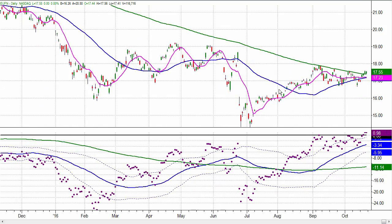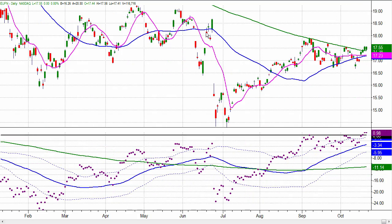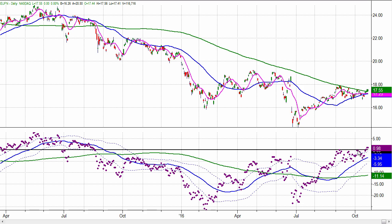So, as I suggested in the beginning of this video, if Europe's financials can turn the corner, that could be an indication. And I've said this before in the trades and tutorials using the general stock index, but now looking at the financials, it's even more compelling. If we can break and continue, keep an eye on this ETF. If you've got the real motion indicators, definitely keep an eye on those too. But even if you don't have the real motion, I would be keeping a close eye on this. If it falls back, then it's not ready. But if it breaks out, then